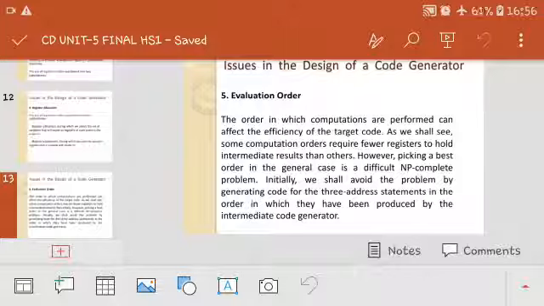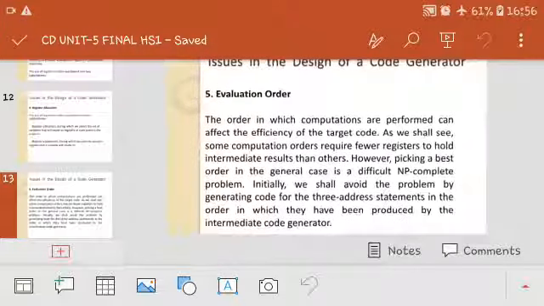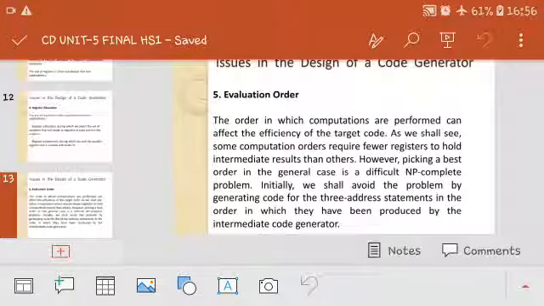So the final result is 17, and this affects the target code. As we shall see, some computation orders require fewer registers to hold the intermediate results than others. So these are the things related to the evaluation order.